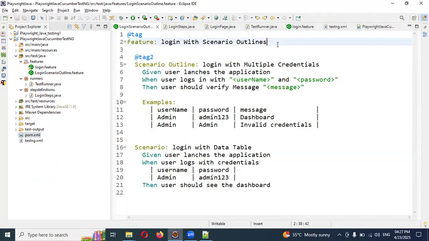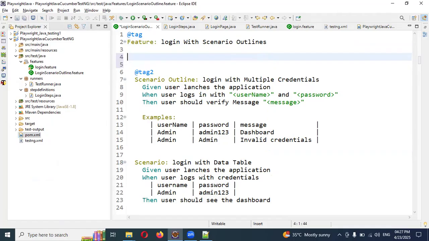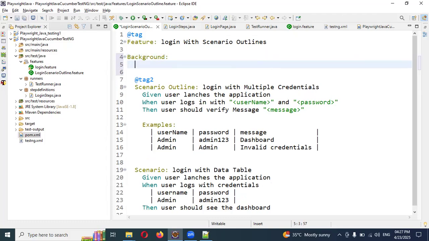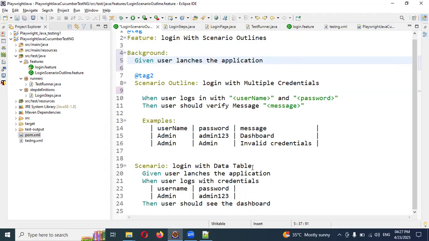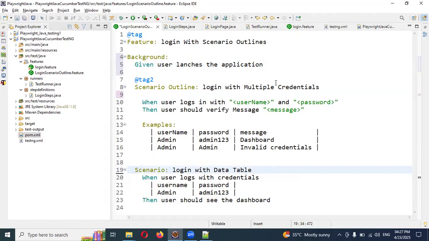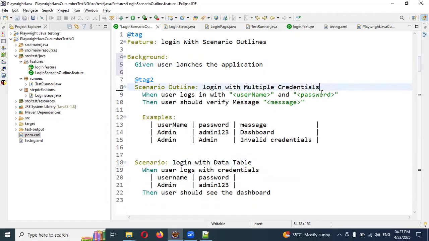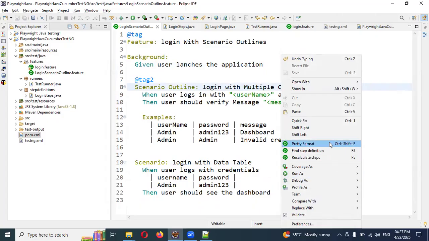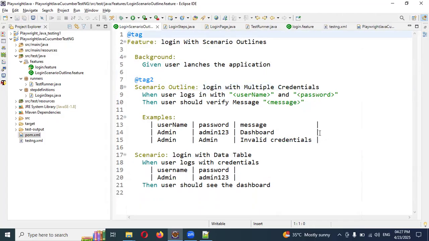How? If you see here, there is a tag called Background. In this background, I will cut this particular line and paste it here, and also remove it here as well. Save, and the pretty format is coming. Now you can see we removed it here and here also. Now if you run this particular file,